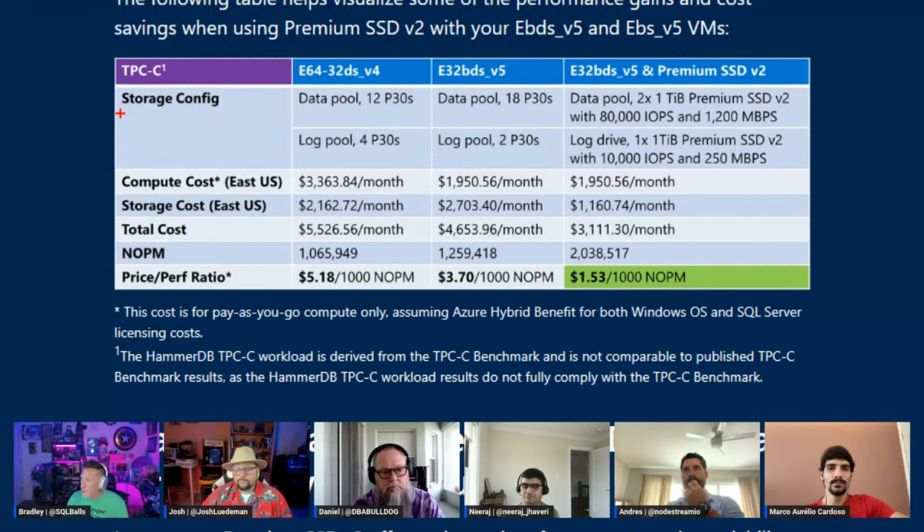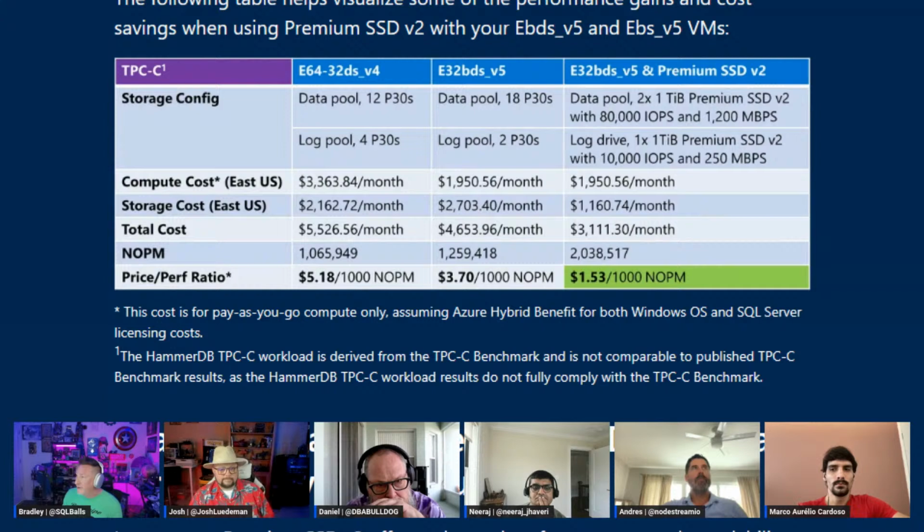Well, and what a wonderful chart that he's got in here. And this is the thing I love, right? The work that the product group does to build out and do testing. In this case, Dave did TPCC testing. He has the notation that this is utilizing HammerDB's TPCC workload derived from the TPCC benchmark, not compatible with the TPCC benchmark. And then he also lists the additional VMs that are in place, and he looks at this value to show the best cost per performance that we have, the price per performance ratio.